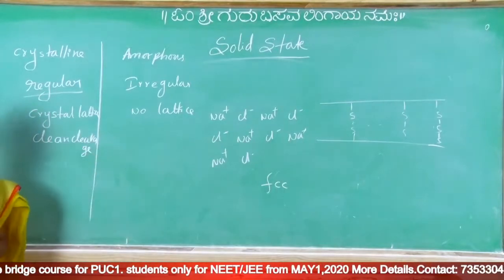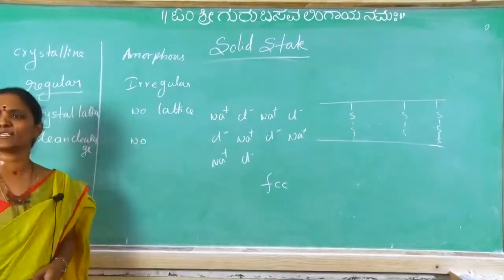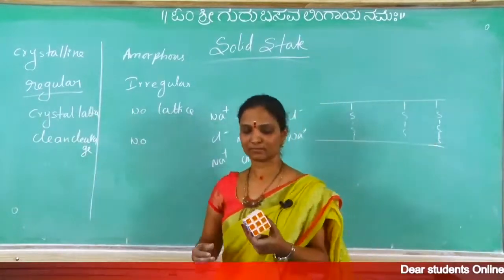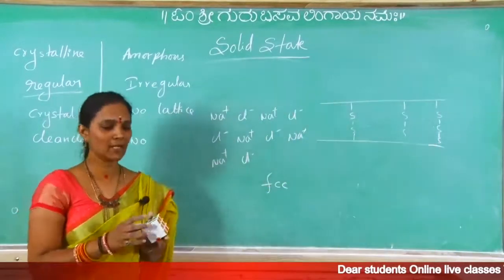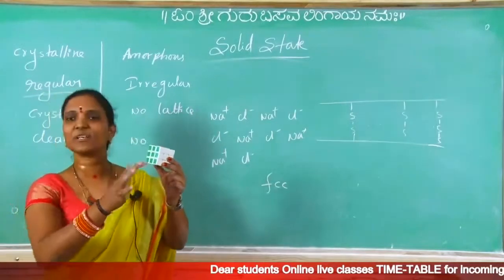In crystalline solids, clean cleavage is possible. In amorphous solids, clean cleavage is not possible. No clean cleavage. What is this clean cleavage? See this, well known. Here is one crystalline solid, it is cubic, which you learned in 6th standard,